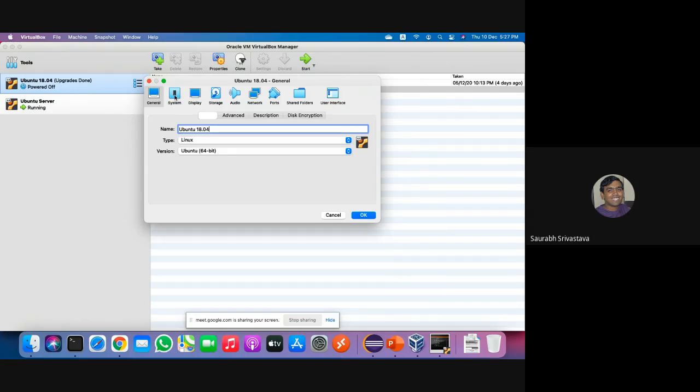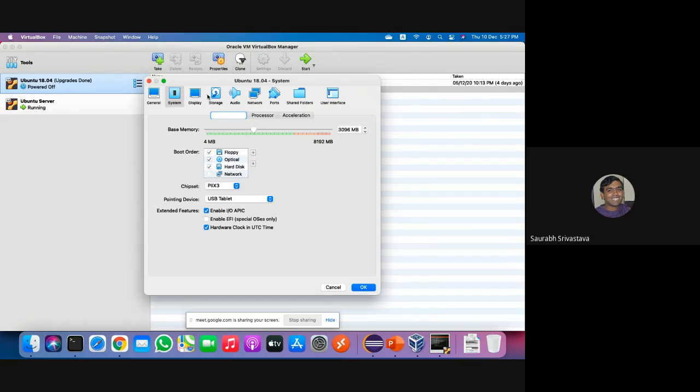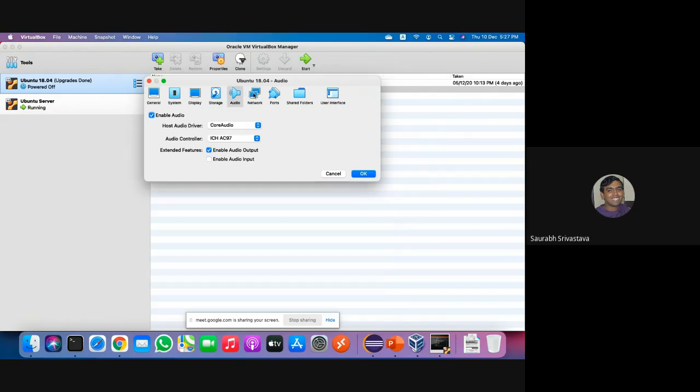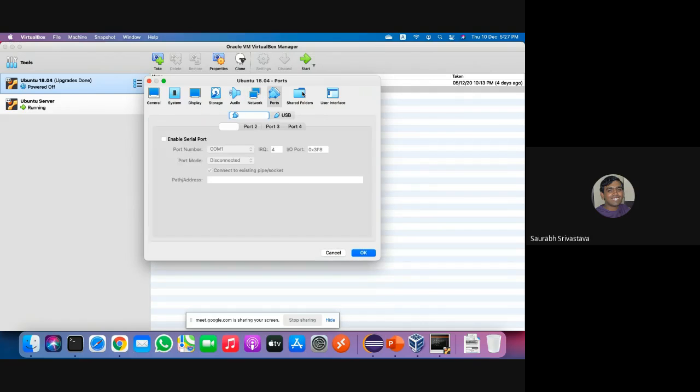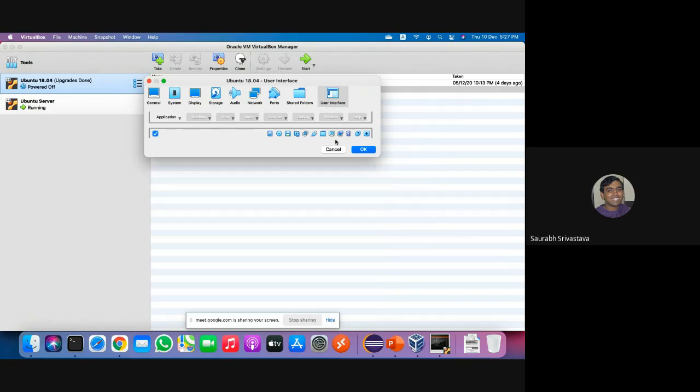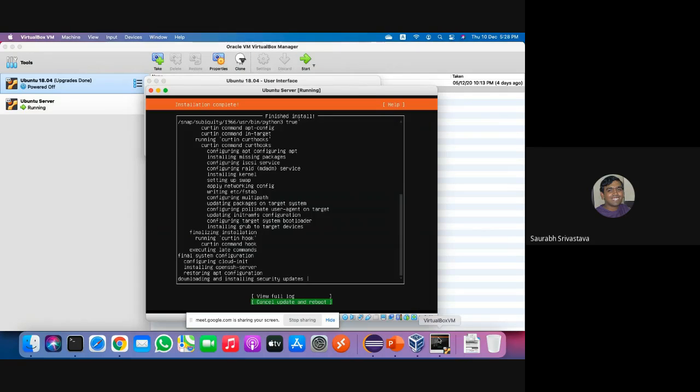Any other thing that I would like to tell you? Display is fine, storage is fine, audio, network, ports. Okay, so basically that will be it. I'm not sure how much it has installed till now. Downloading. Okay, so I guess it may take some time